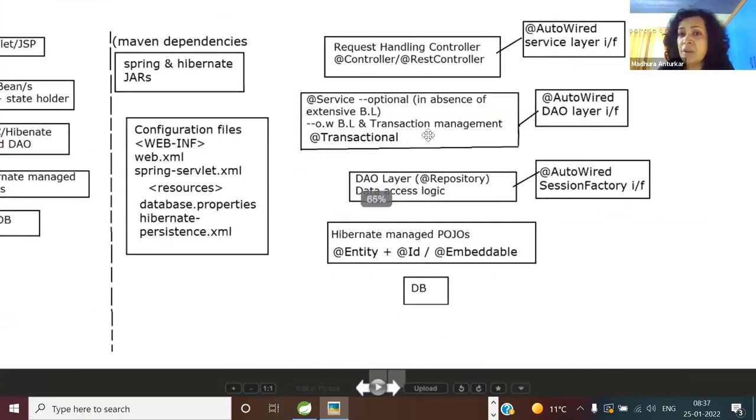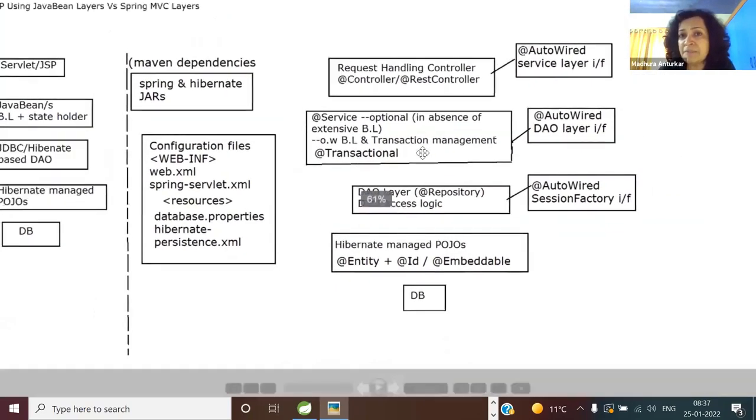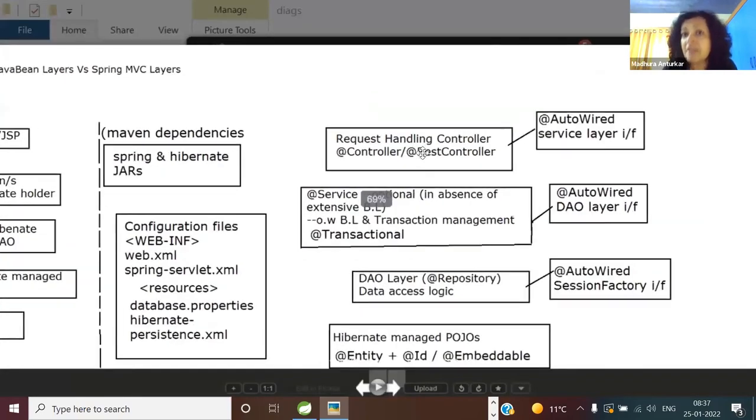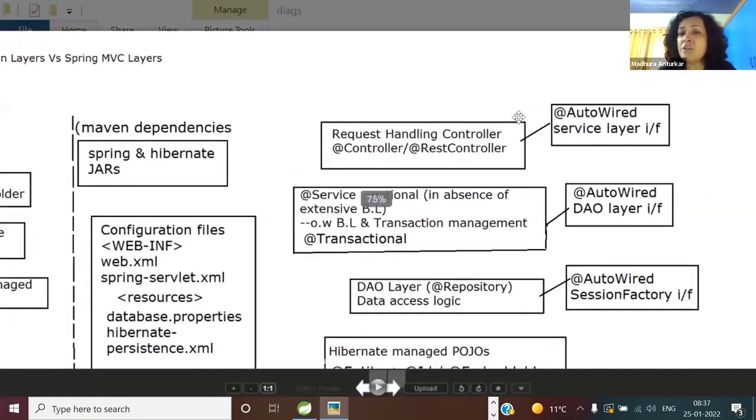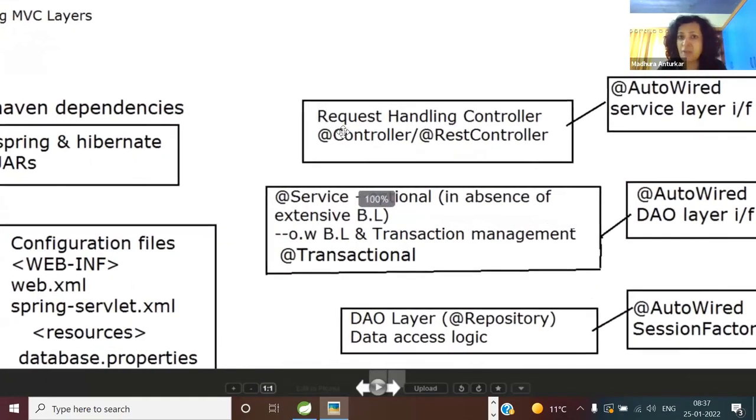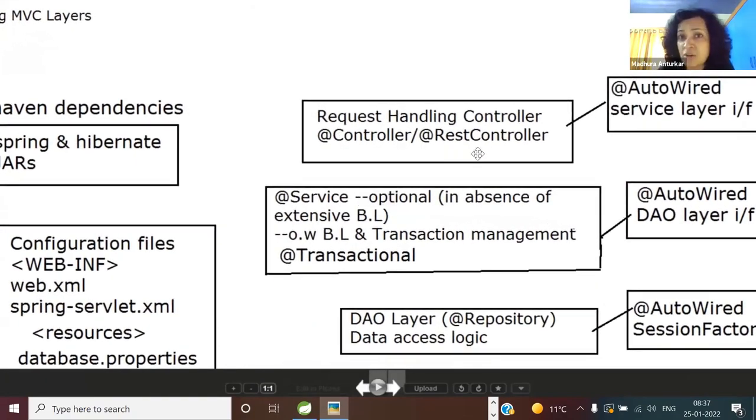And once I see you comfortable in Spring MVC, I'm going to introduce Spring MVC, but with Spring Boot. So you'll get comfortable in a day or half in Spring Boot. And then finally, the only thing is that the controller will be replaced by something called a REST controller, where we finally start talking about a front end and a back end. So I'll give you a React front end ready-made, and we will invest time in developing a back end. So that is the plan for the next few days.